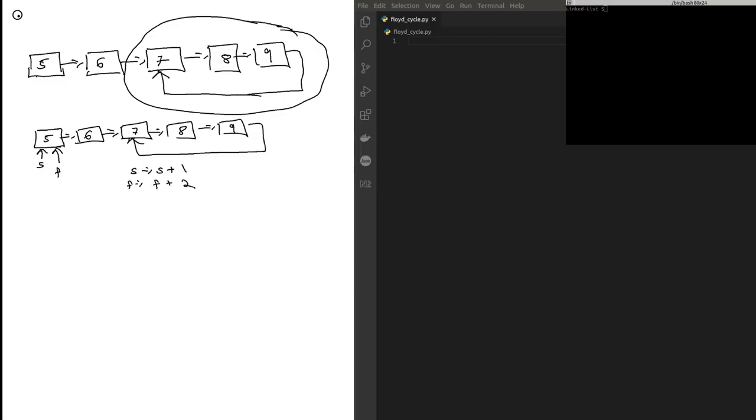And at any point, if the slow pointer and the fast pointer point to the same node, then we can say that there is a cycle. We have detected a cycle in a linked list. So let us see a step-by-step process how this works. So initially the slow pointer is incremented by 1. So what is going to happen in the first iteration